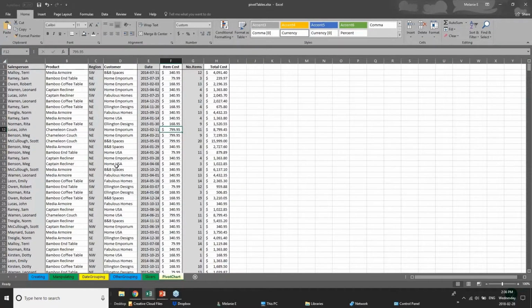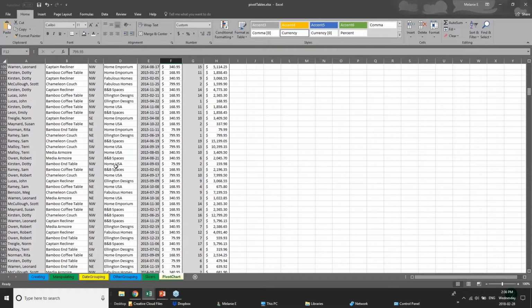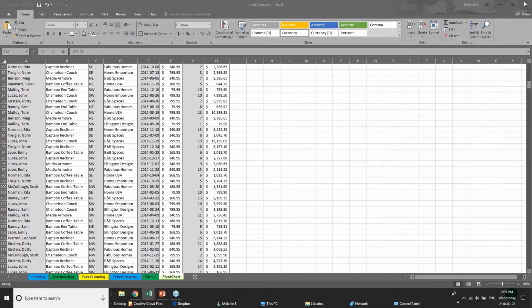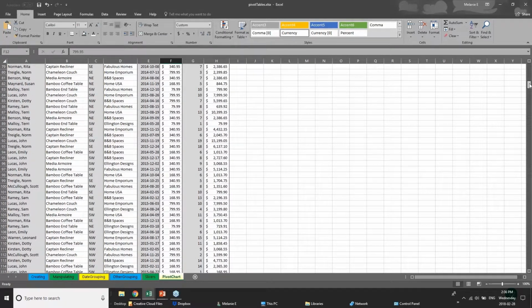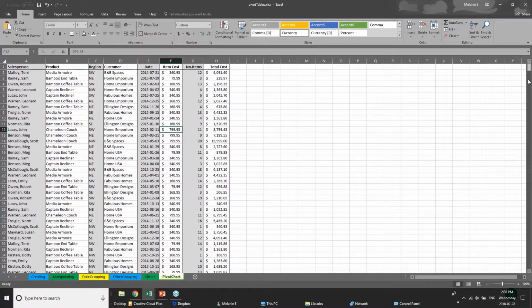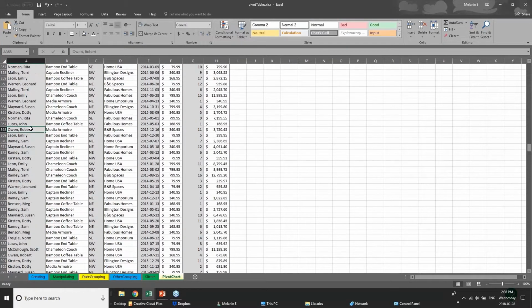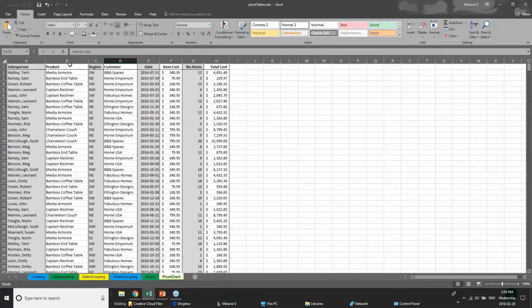So here's my gigantico list of data. Again, I could scroll through and try to get to the bottom of the info. Maybe if I get down here, I'm like, oh, I forgot. What's this column for? What's this column for? I can't remember. I have to keep going back to the top and finding out what the titles are for these particular columns. So I can actually freeze that row and say, don't move that row,